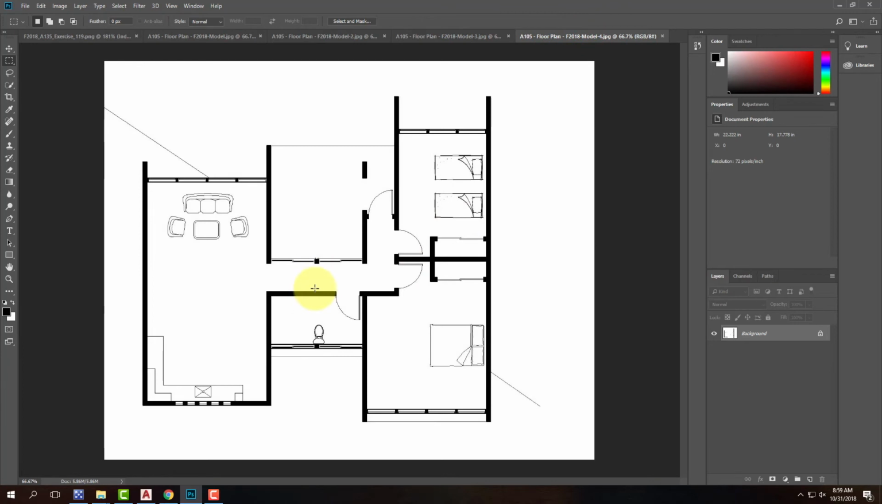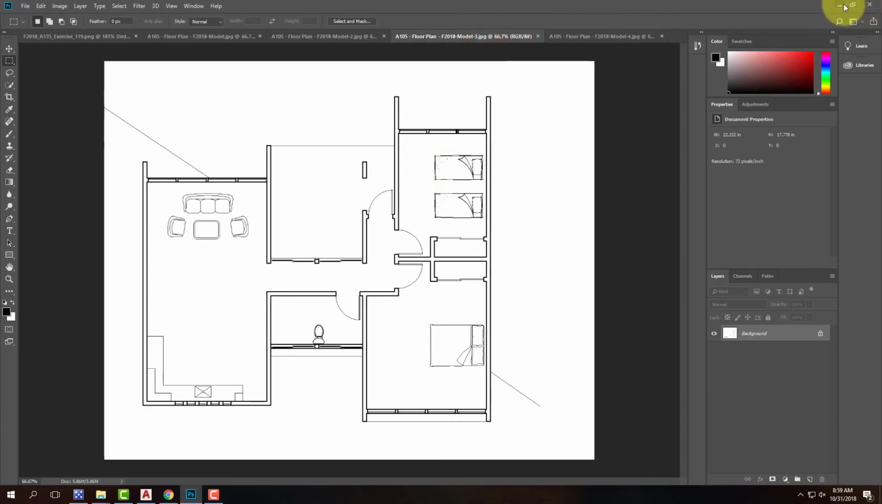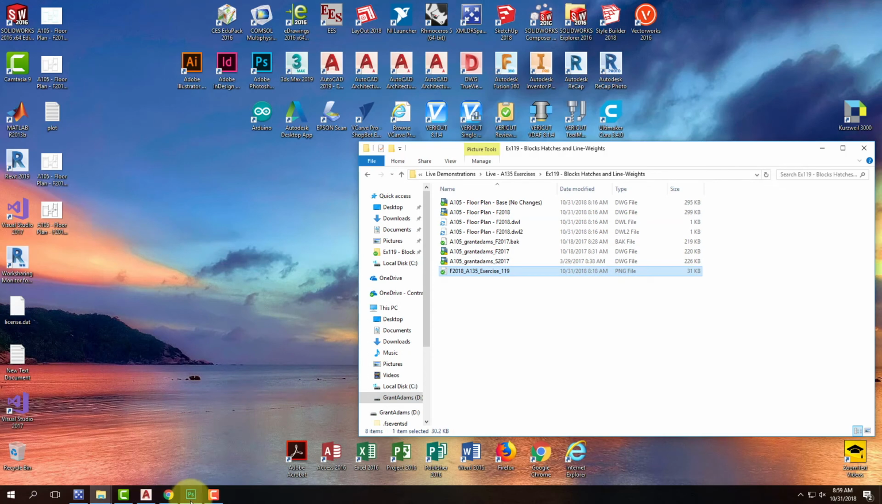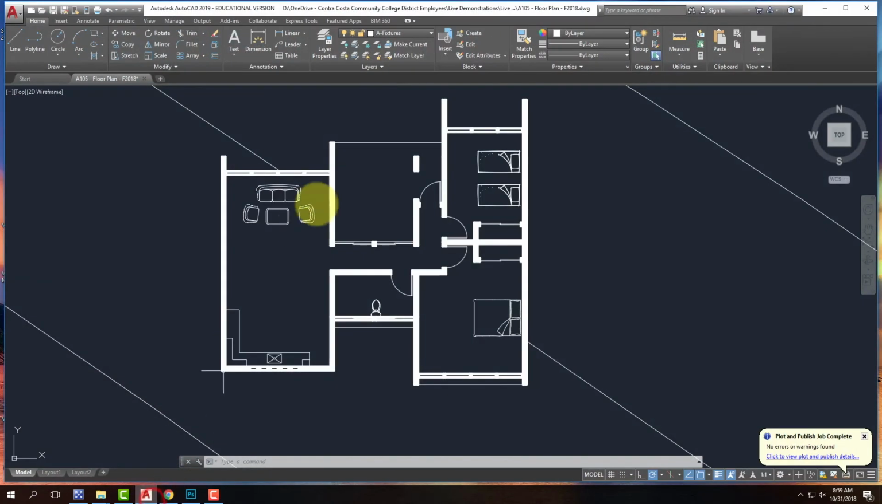Frequently in magazines, like if you look at an architectural magazine, they'll show floor plans like this where the walls are actually filled in completely. Okay, so now that that is done, maybe it was a little too much, and in that scenario, I'll go back to my AutoCAD, and I'll